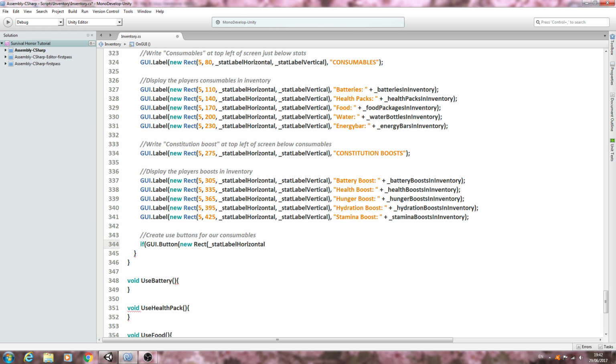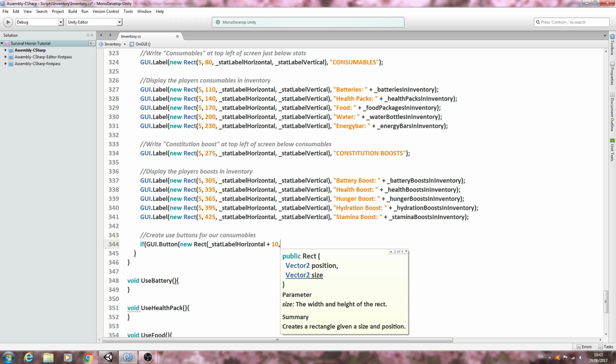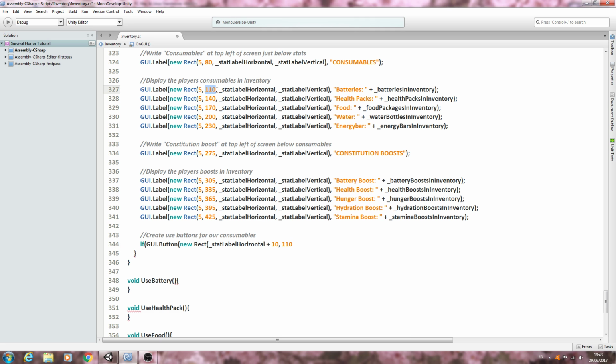So we move it in by that amount plus 10. So plus the buffer we have here at the side, and plus another 5 as a buffer between the button and the label. We'll come here, we'll say comma, and its position can be 110, same as it is here,